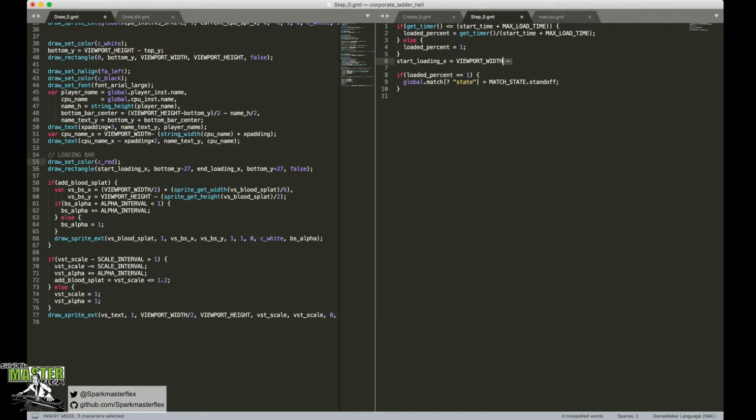Actually, to translate our percentage done into this, we need to multiply it by loaded percent. And we're actually going to divide that by 2 because, again, we're starting from the middle and we're going the opposite direction. So that's going to give us our percent of X position. And we need the viewport width minus